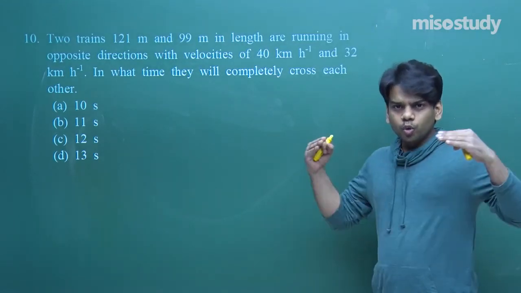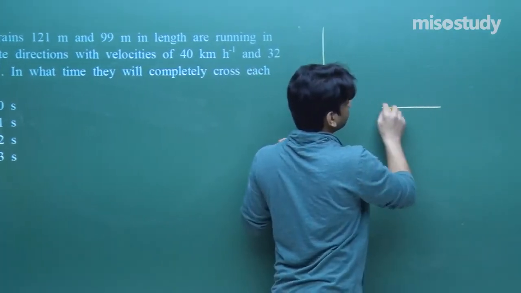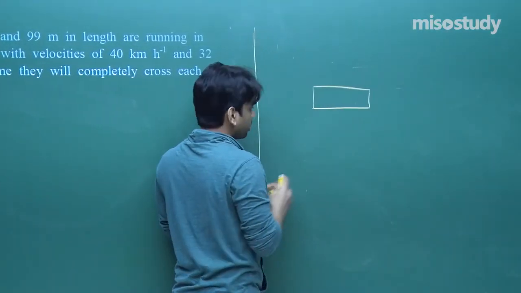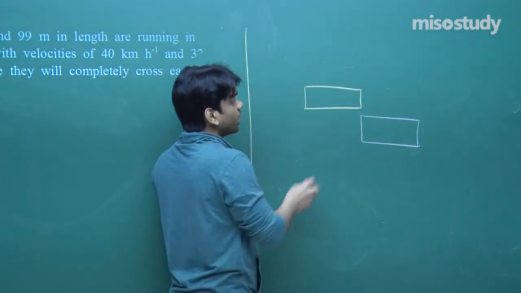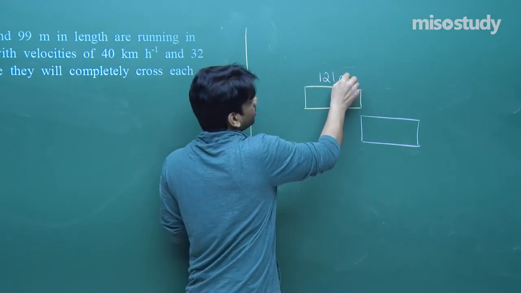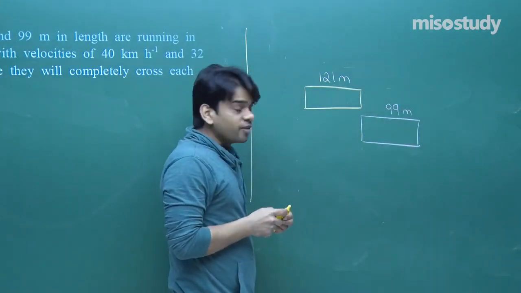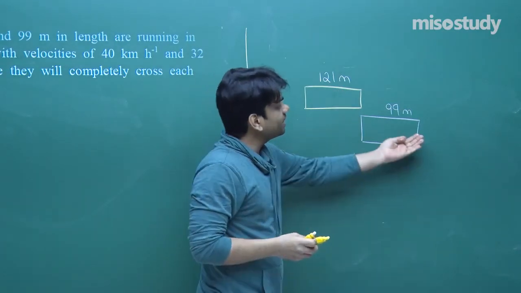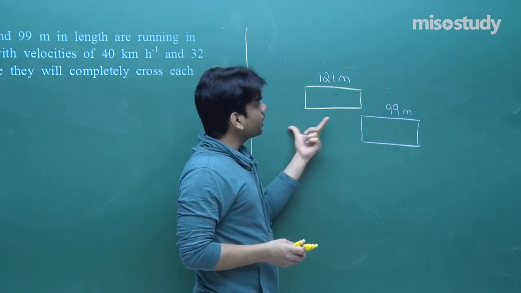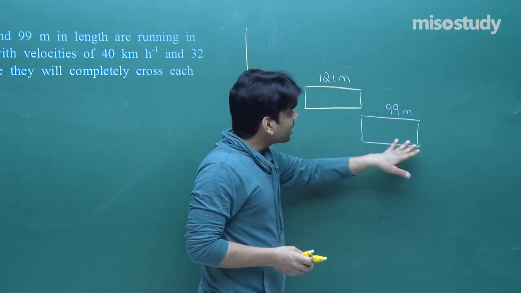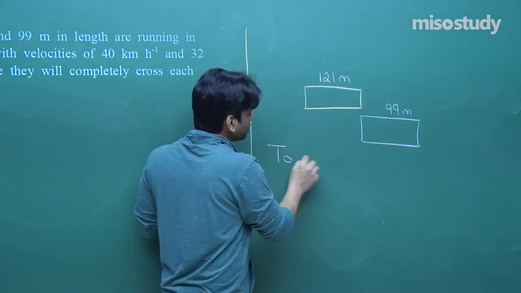Let's check. Two trains are running opposite to each other. If I show you the two trains, one train here and the other train here, one is of length 121 meter, the other is of length 99 meter. Now see here, if I stop this train, the other train will travel its entire length of 121 meter, and it also has to cover its own length, that is 99 meter. So to cross each other,